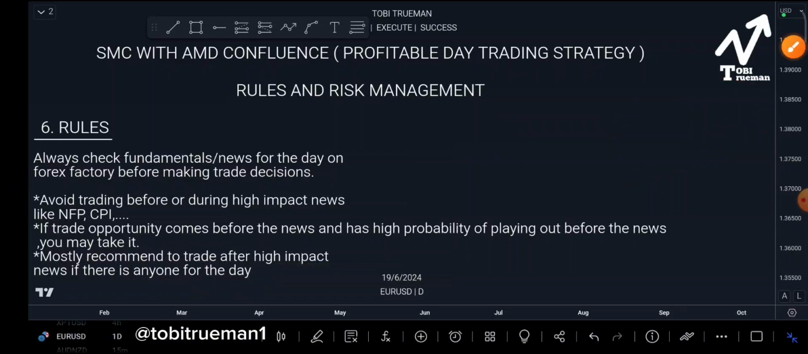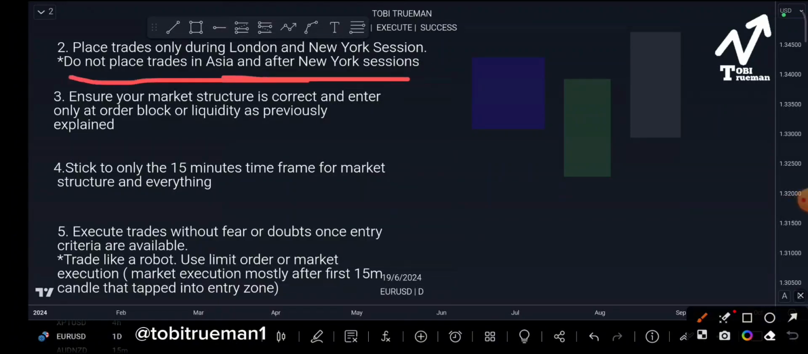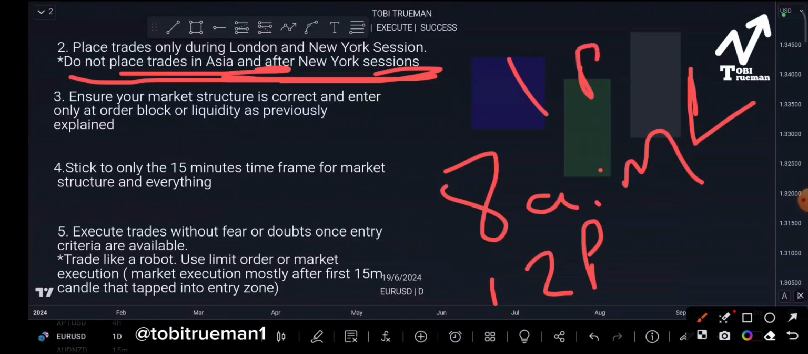If you want to take any trade at all, wait after the news, then you can take it. Place trades only during the London and New York sessions. Do not place trades in Asia and after New York sessions. Like our Nigerian timing, our time of placing trade should start at 8 o'clock in the morning. Then we can take trade during this 8 o'clock in the morning, which is London session, until 12 p.m. After 12 p.m., by 1 p.m. we'll be entering